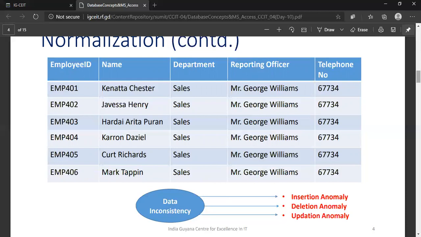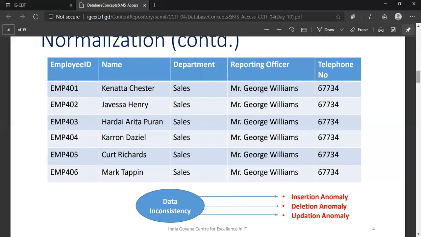Data inconsistency comes when we do three kinds of things in a database. First is insertion anomaly. When you insert some data, there might be a situation where you will feed duplicate data. Inconsistency comes when you insert some information, or when you delete some information, or you update an existing record.